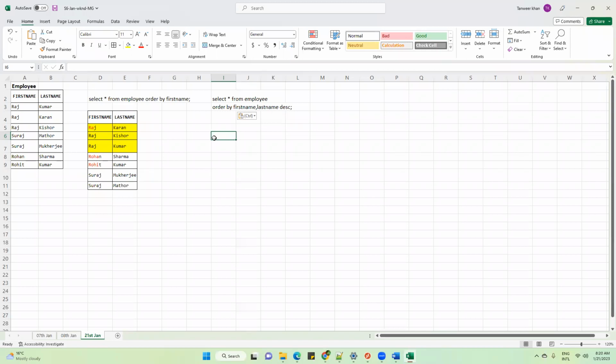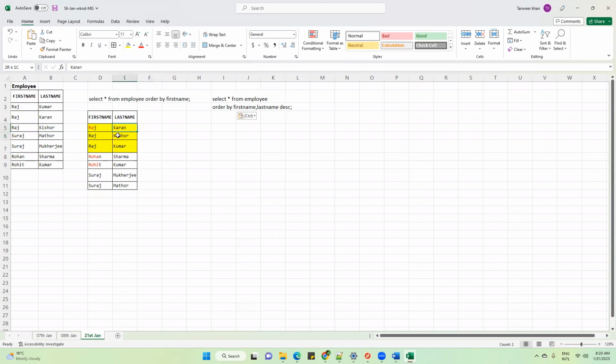So when the engine sorts it, it will check that all three have the same first name. Do you think there is a tie, a conflict based on the first name? Yes. Then the engine will go to the last name, but in descending order.